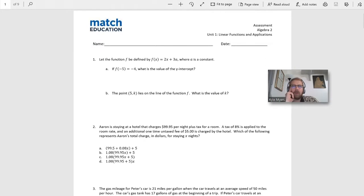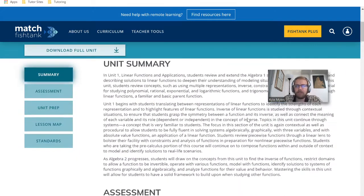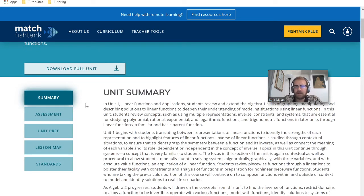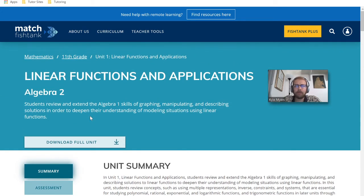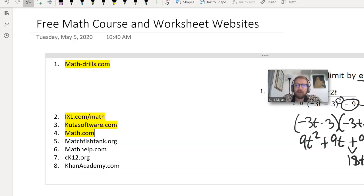But this is more of a whole online course. I believe I had to make an account for this guy. So you'll have to make a free account. But it gives you all this stuff for free. Basically you've got your summary, assessments, how to prep for the unit, that sort of thing. So a lot of helpful tools, really more for parents, I guess, than students. So pretty cool though. It's all right. So next one we got